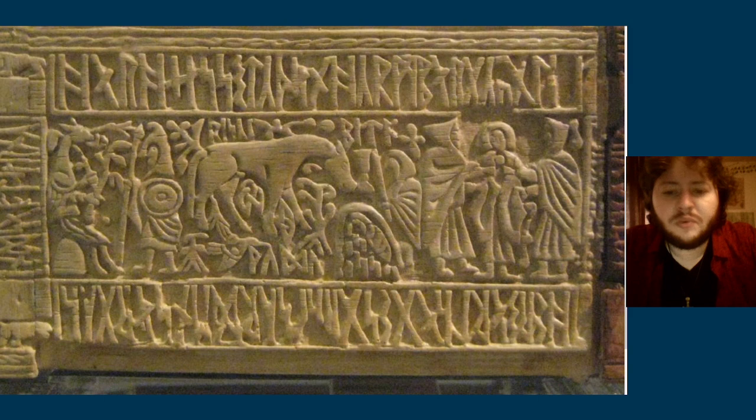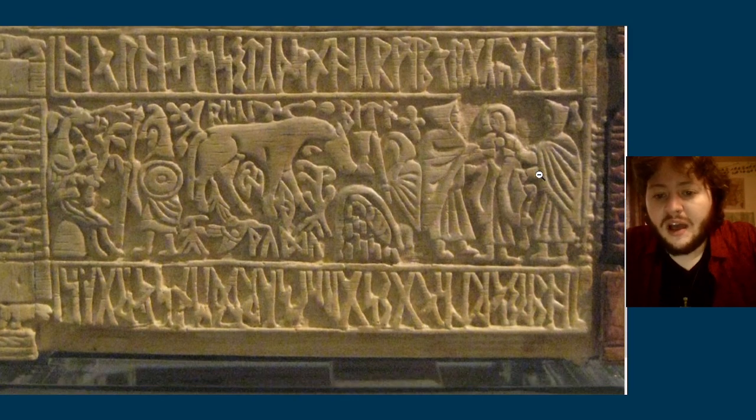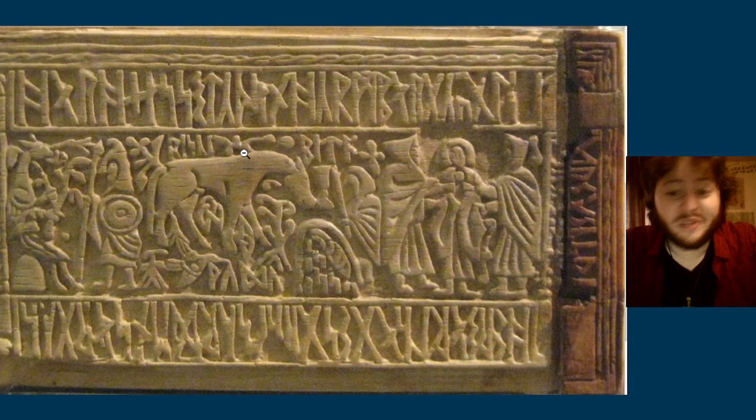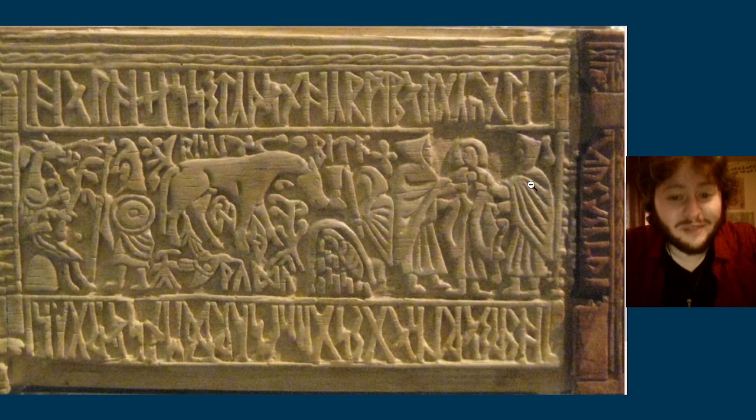But I do want to say these really remind me of the Cuculati, or if not the Cuculati, just matron images in general, like the three hooded figures. That really feels like matrons to me, just from the other art from this area and time period that I've seen. It really reminds me of the matrons or the Cuculati specifically. So whatever story was here, it might have been related to the Cuculati, which would be really fun, I think, because we don't know a lot about these guys,